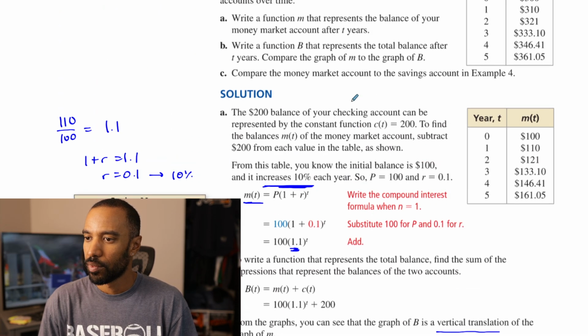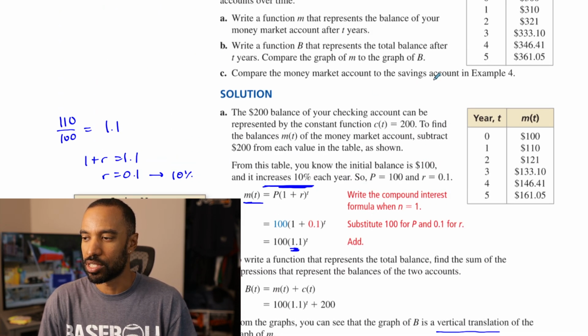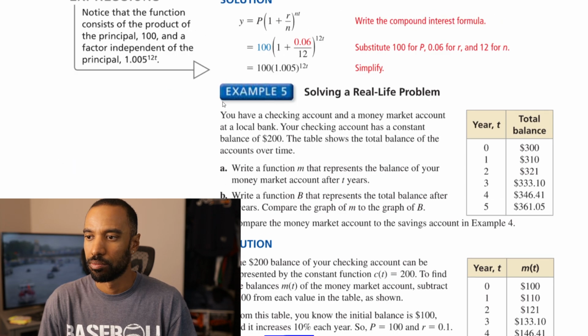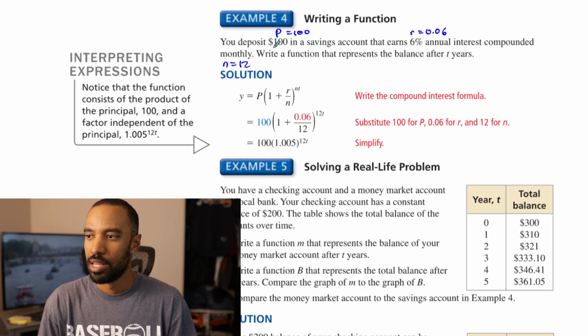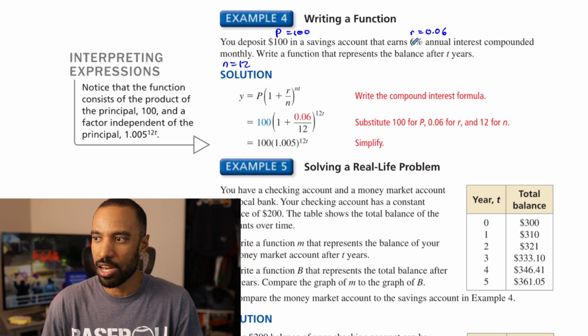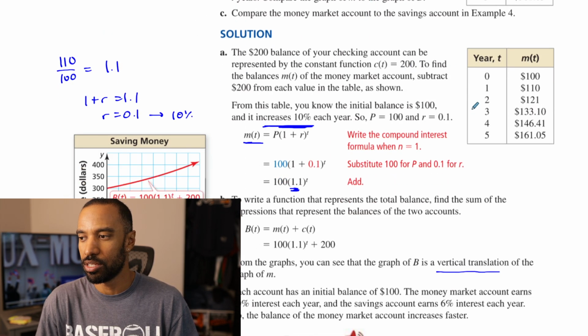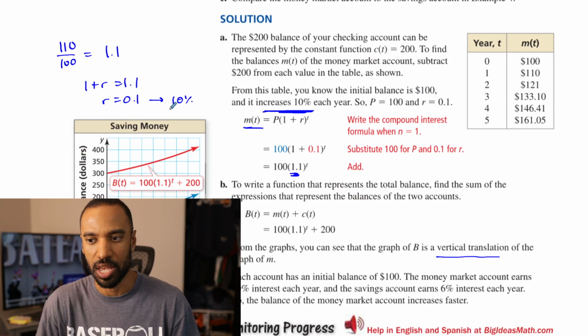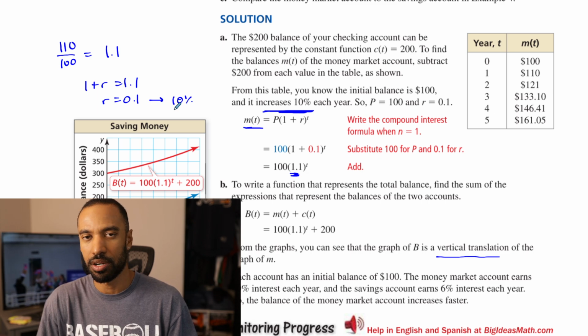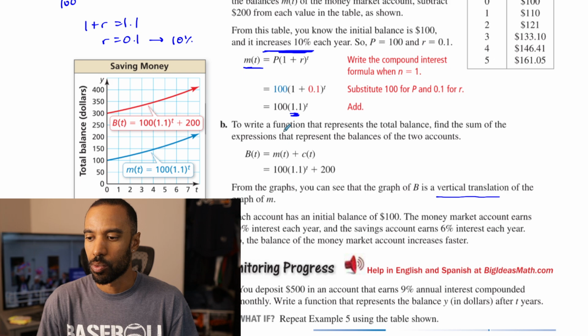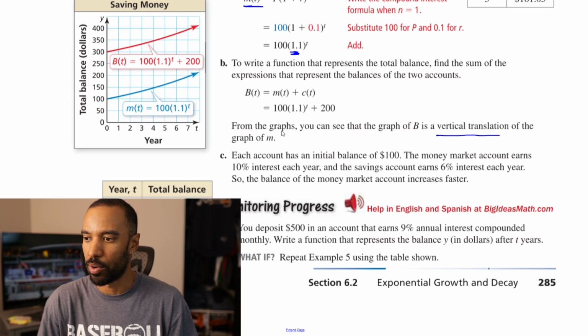Part C says compare the money market account to the savings account in example 4. Oh, so we get to use this example 4 for this one. This is $100 that earns 6% annual interest, but it's compounded monthly. This one's just compounded annually, so it uses 10%. It's a larger percentage, but it's only compounded once per year instead of 12 times per year. So when it says compare them, we'd have to come up with, well,